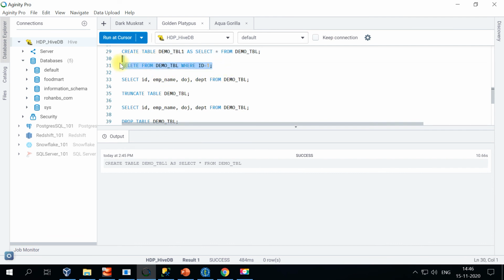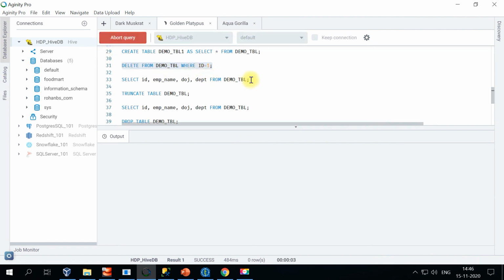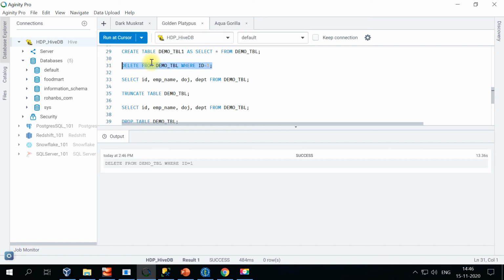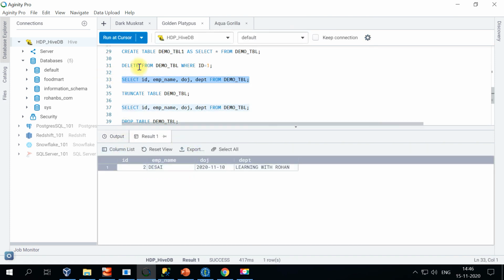So now let's look at a delete operation. The syntax is delete from the table name where the ID equals 1. Right, so let's do that delete and then look at the table. Deletes and updates are pretty slow in Hive, so you will see this taking time even with a 10 node cluster or even more than that. So it's most likely used for insert operations. So now let's see the record number 1. We deleted the ID equal to 1, so we have only ID number 2 in the table.